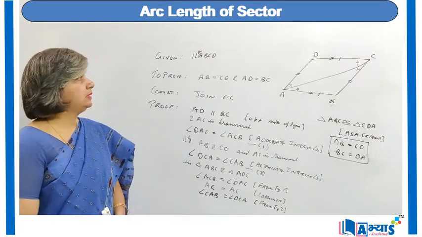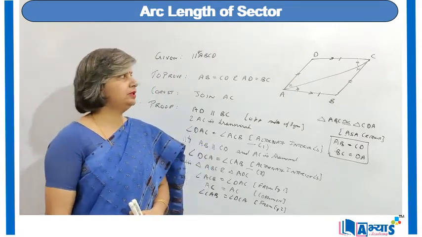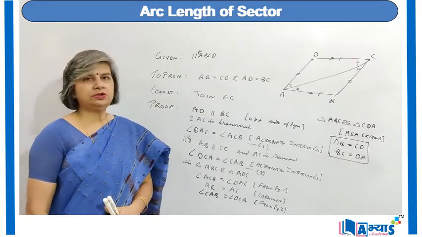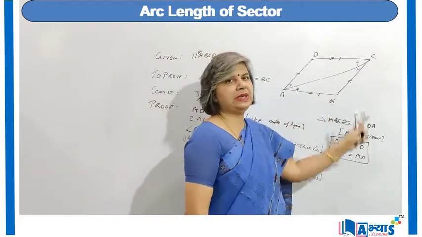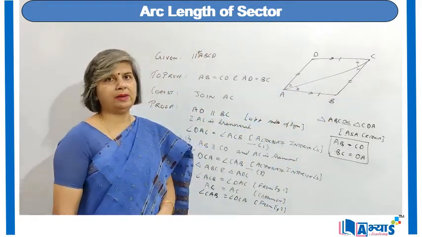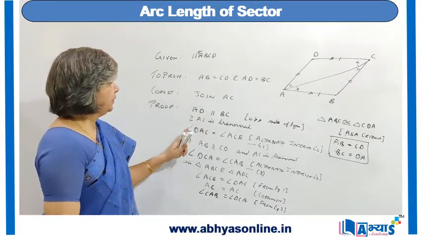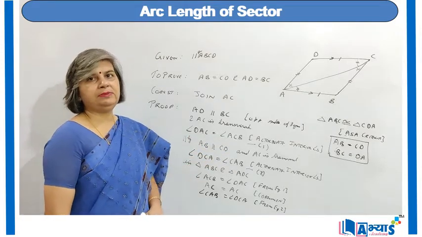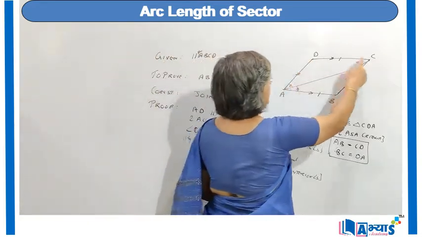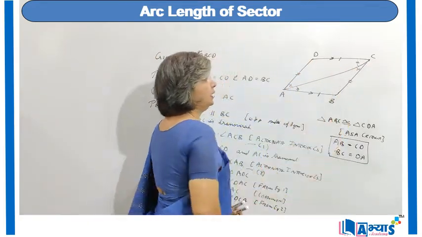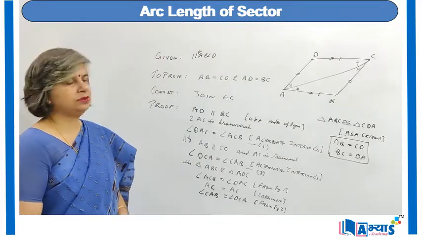So basically, we were given a parallelogram ABCD and we were supposed to prove that the opposite sides are equal. For this we have done a construction. We have joined AC. Now we have taken two sides AD and BC, as they are the opposite sides of a parallelogram. They are parallel to each other and AC is the transversal cutting them. So we can say that angle BAC is equal to angle ACB as alternate interior angles. Similarly, DCA is equal to CAB, again alternate interior angles, when CD and AB are the parallel lines and AC is the transversal cutting them.